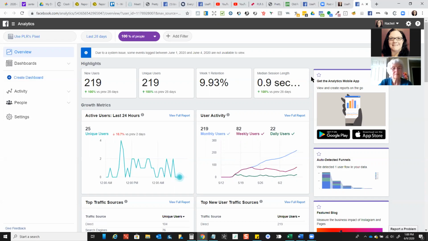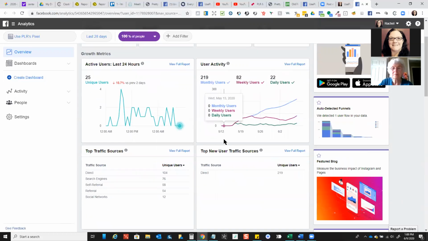So the first thing that I want to show you is you don't just get your users, but you also get the retention rate, you get the typical length of time that they're there, which is super important because, as you know, people jump on a web page and they get distracted and they jump off pretty quick. That's kind of the way that the internet works right now. It's kind of like ADD for people. So you get to kind of see what people are doing, where they're coming from, how long they're staying. You get to see the activity for your users